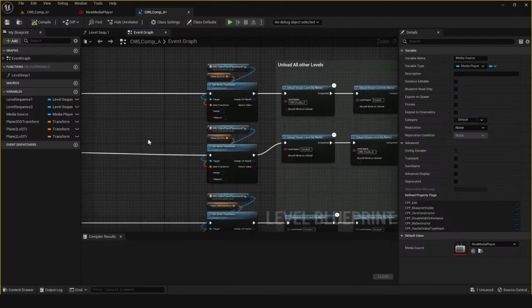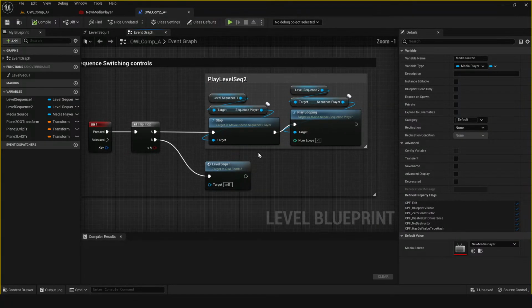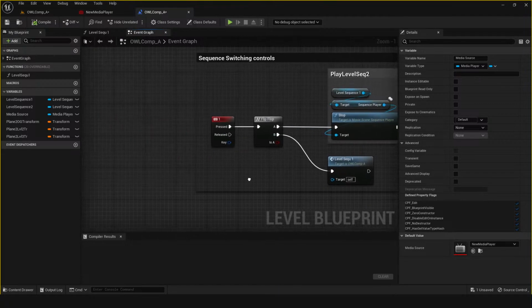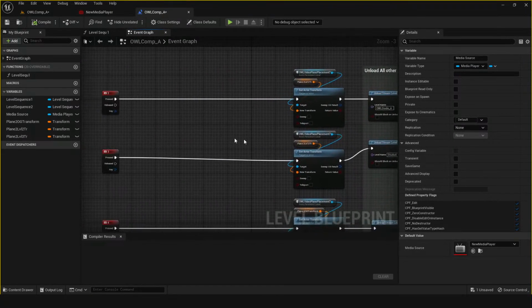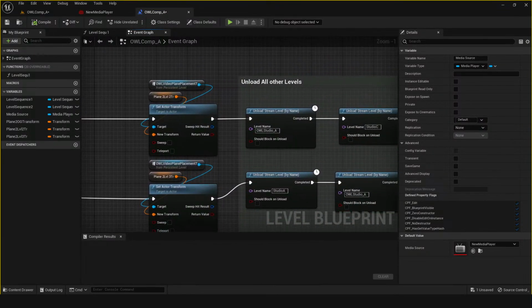So that's all good. I've got the sequence switching controls, which we could go into, but it's really, really simple. You just stop one sequence, play another sequence. But it's really what we're looking at in this, so on the 2 key, this is where I'm